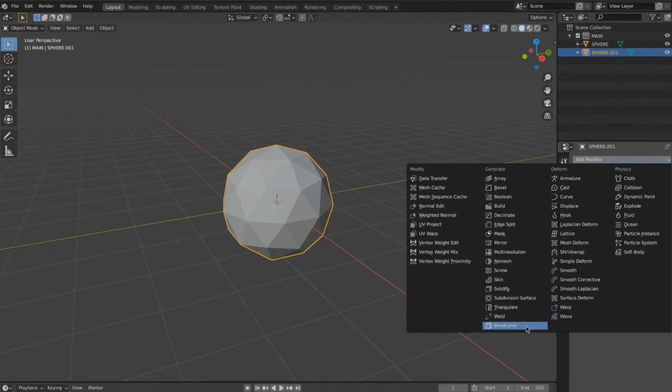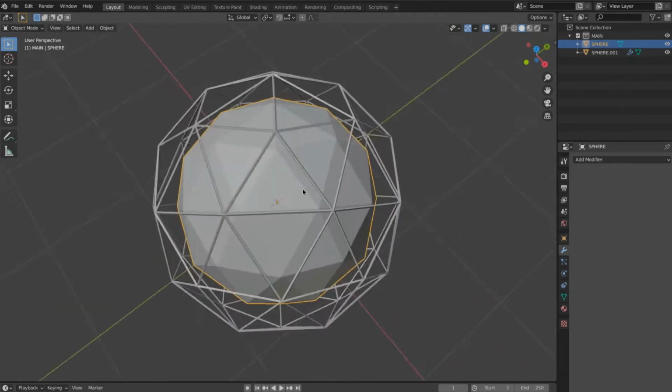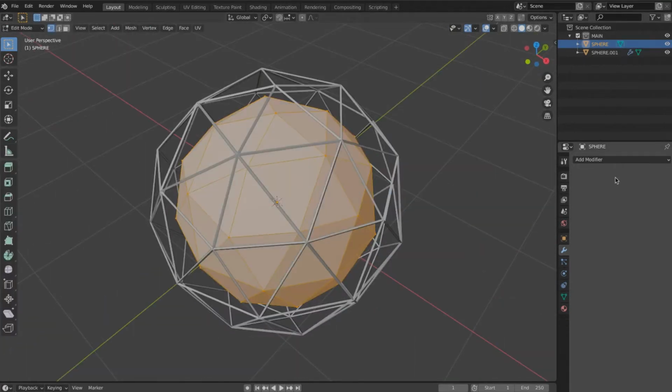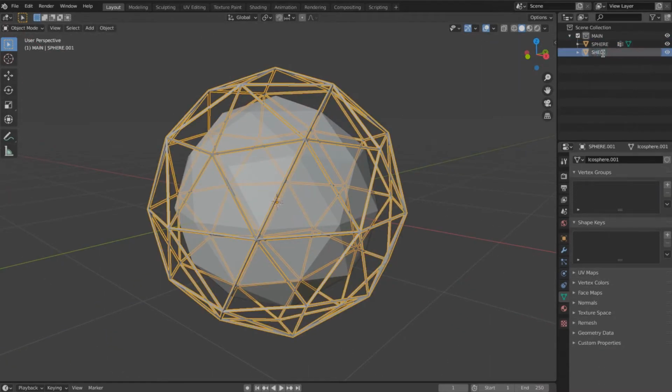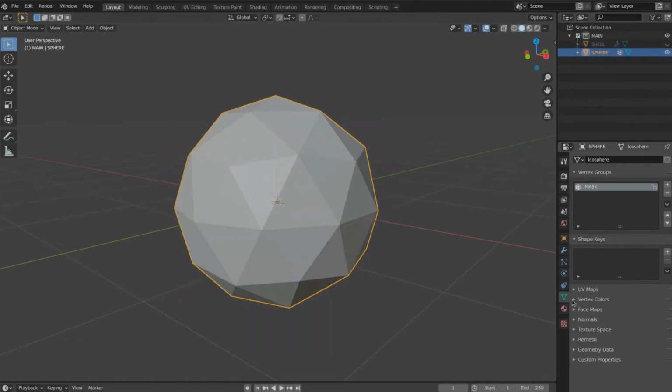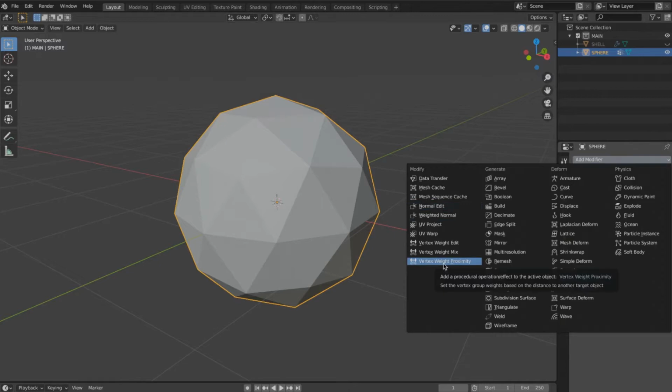We duplicate the icosphere and we add a wireframe modifier to the duplication. We select the inner icosphere and we create a group we call mask. This group will act as a guide to hide certain parts of the object during the animation.